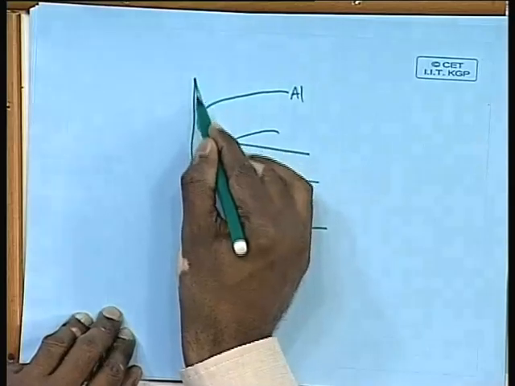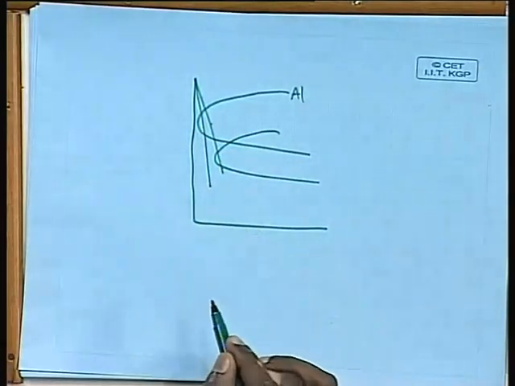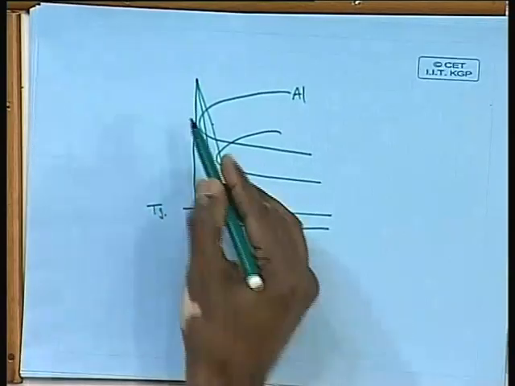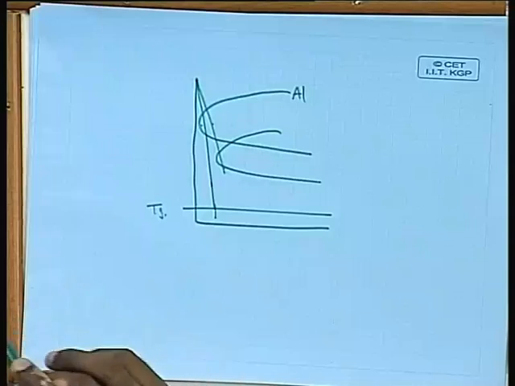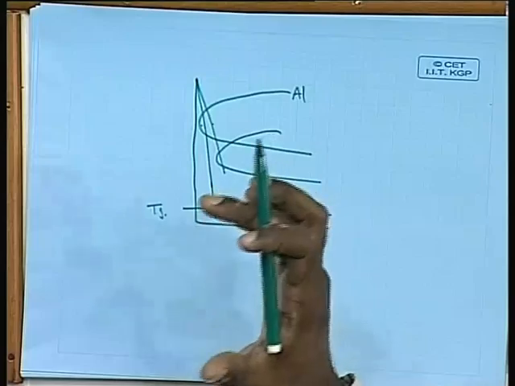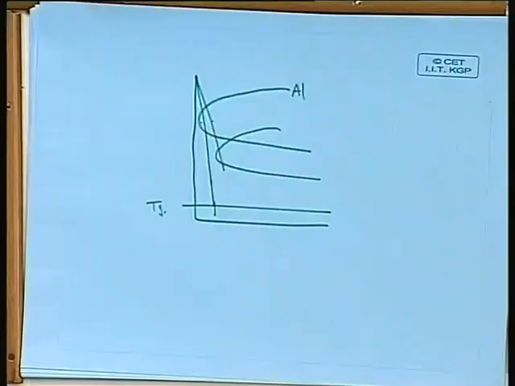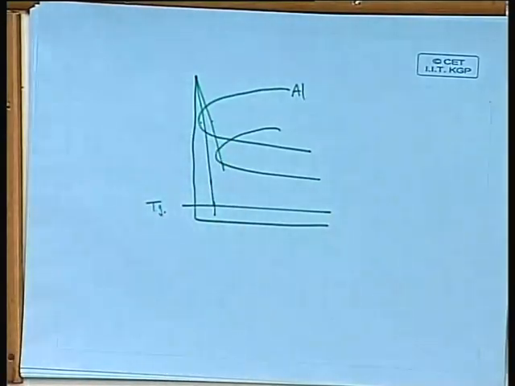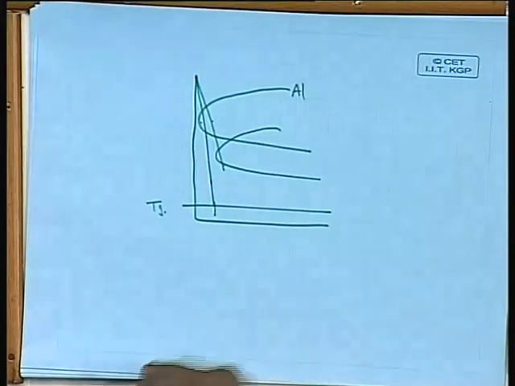If you use a cooling rate where you don't touch the quasicrystalline phase and go up to the Tg, you will get some aluminum, and the remaining liquid transforms into an amorphous phase, and that is exactly what you see here. If you go to high cooling rates, you will end up with aluminum plus amorphous. If you use a slow cooling rate, you will end up with aluminum plus the quasicrystal. If you still use a much slower cooling rate like conventional cooling rates, you may not end up with any quasicrystal, but ultimately only aluminum plus some intermetallic compounds corresponding to the equilibrium phase diagram. So that is what ultimately you get.